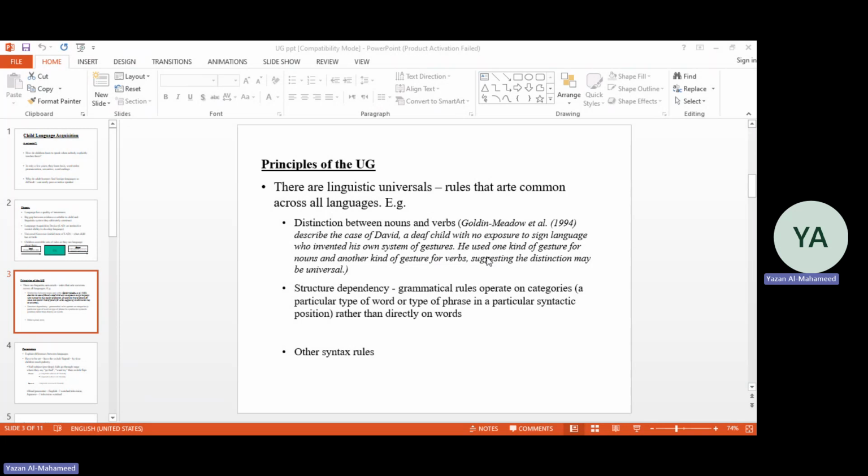So UG proposes that language consists of abstract principles describing the grammar of all languages. So the main emphasis of UG is on what is common across languages, or common rules across languages, and those common rules can be used as the key to understand how a language is being learned or acquired subconsciously. In addition to principles, languages have parameters that are variable across all languages, while principles are actually